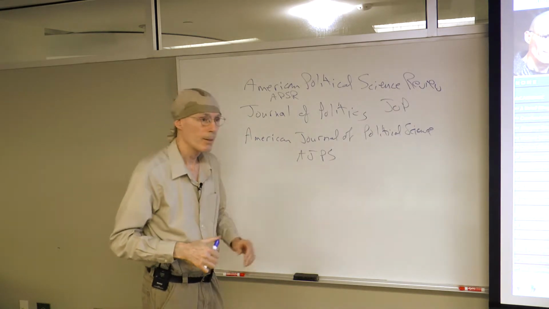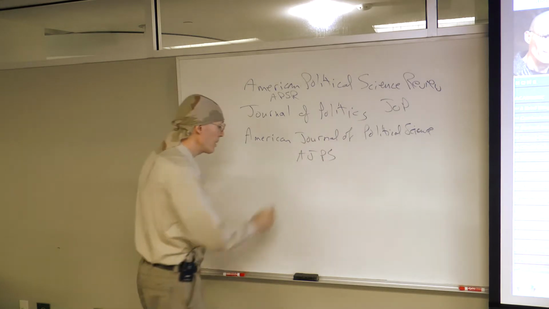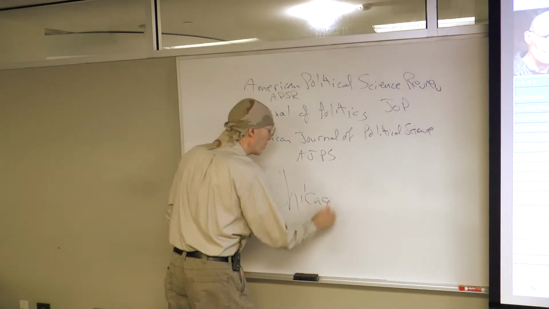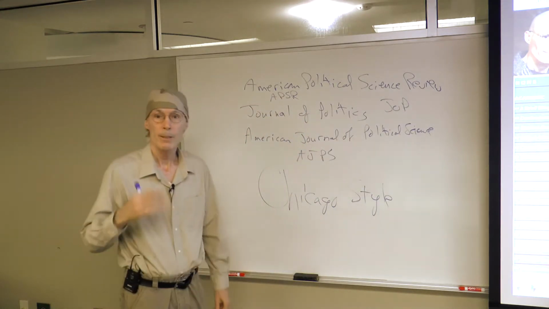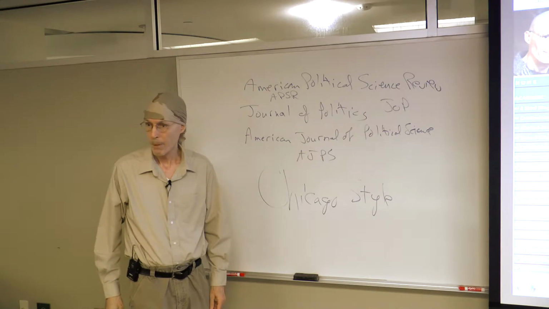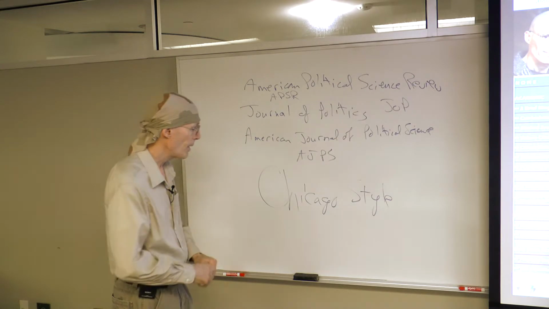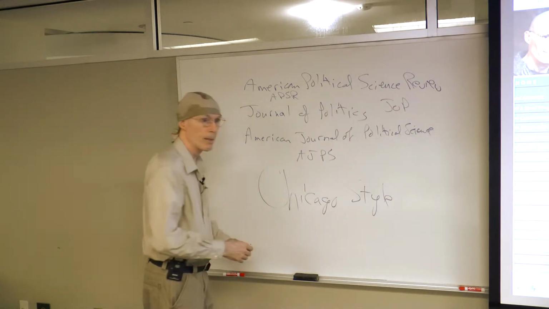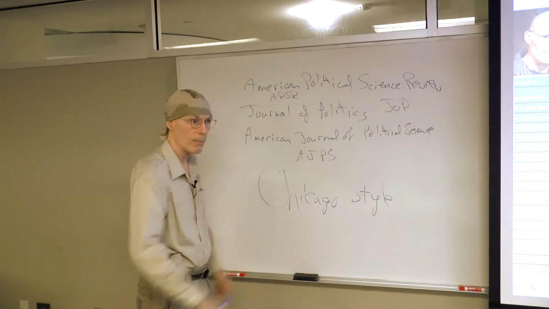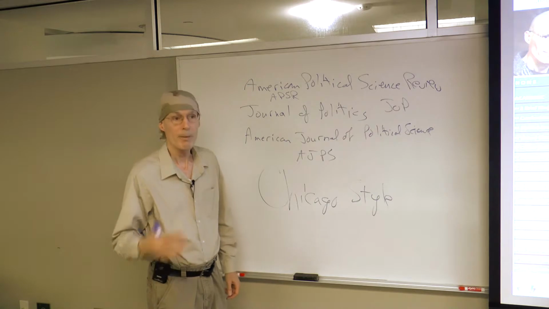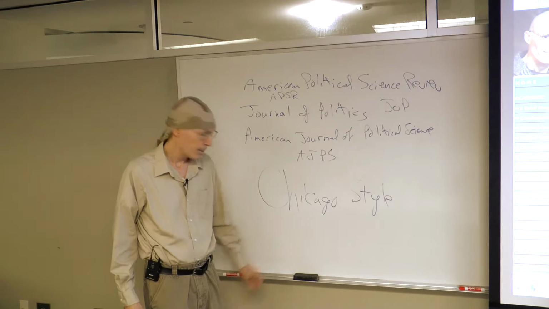So I want you to take your references out of these journals, and they're going to be print sources. And we are all using the Chicago style of references and citations in the text. Remember I showed you how to do that? That was basically where you're referencing somebody, and then you put at the end of the thing the last name, the year, and if needed, the page number, and then the references are at the back. So you do not have a bibliography. Everything is just references. Okay, using the Chicago style.